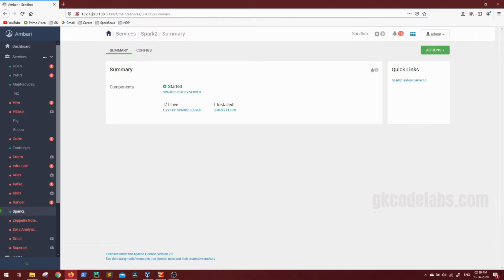Now let's connect to this node, 192.168, the actual Hadoop cluster node, and copy our jobs to the server. To connect to this node, you can use either PuTTY, or if you are using the Linux operating system on your local, as right now you can see I am using Windows. If you are using Linux, you can use SSH. For the Mac also you have the same option. For Windows you have multiple options like Cygwin and PuTTY as well as PowerShell. So PowerShell is handy here. Let me connect with PowerShell only.